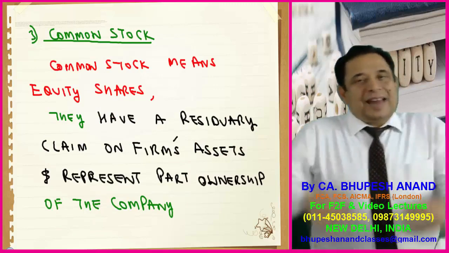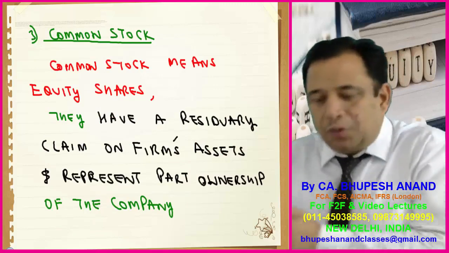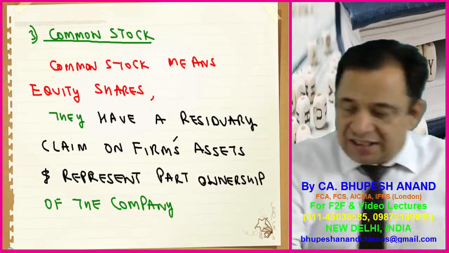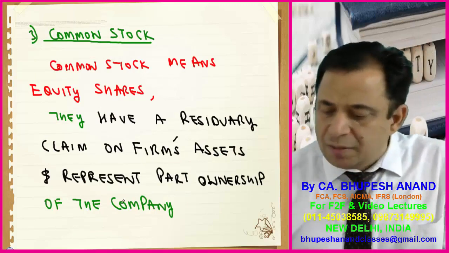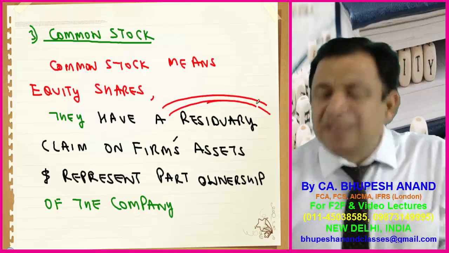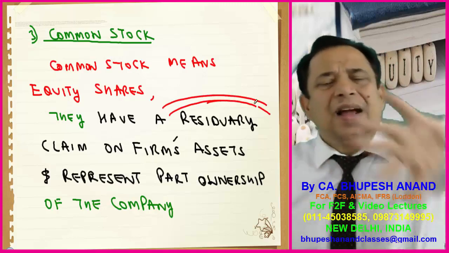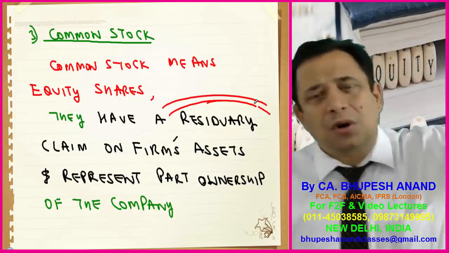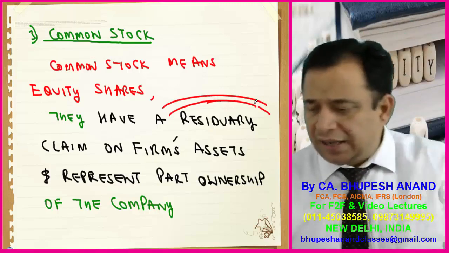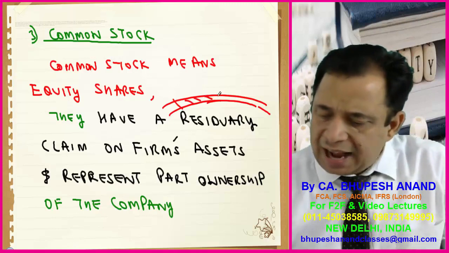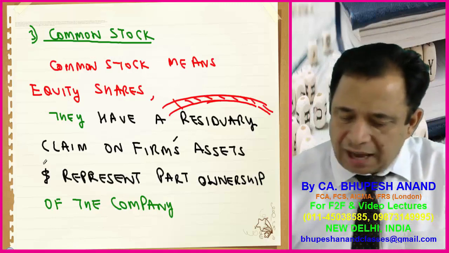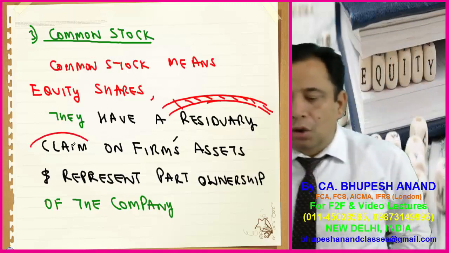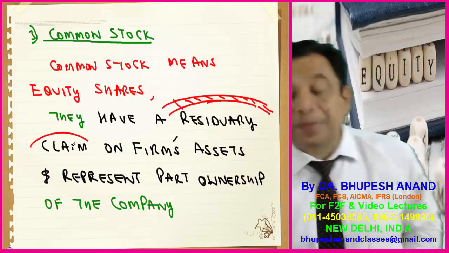Common stock is named as equity shares. They have a residuary claim. Now, what is the meaning of residuary? Residuary means the balance after paying all outside liabilities, to government claims, to secured creditors, to bonds, and all that. Then the remaining is named as residuary claim. That is named as residuary claim on the firm's assets